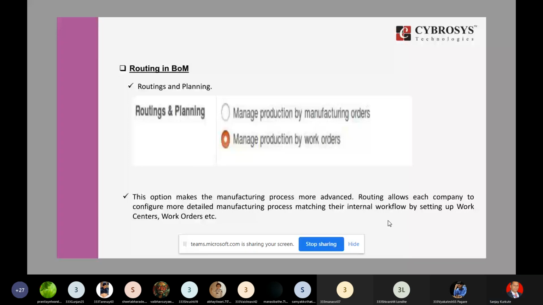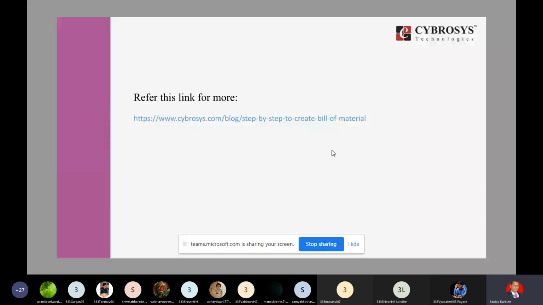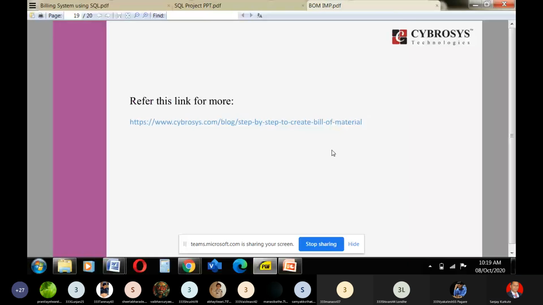You can have the drop down menu, and you can compare all the available products, especially components. So here you may have managed production, manufacturing orders, managed production key orders like this also, and then this is the link.